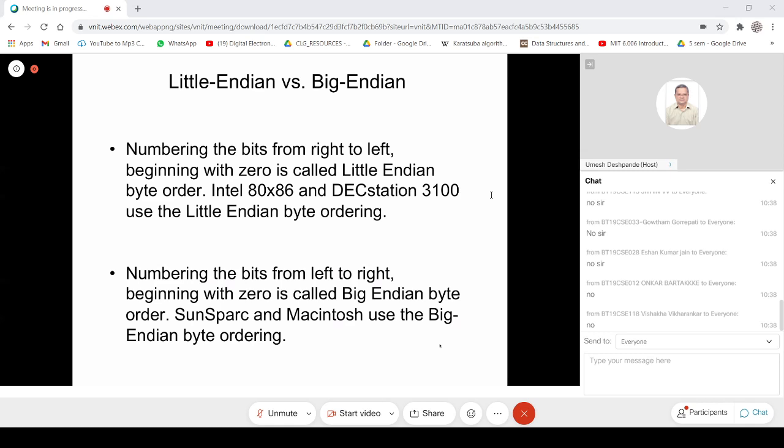The compiler must know that this particular hardware uses this kind of ordering, and therefore, when it prepares the bit pattern for an integer which we input, it uses the appropriate style of byte ordering, such that the hardware can pick it up correctly.